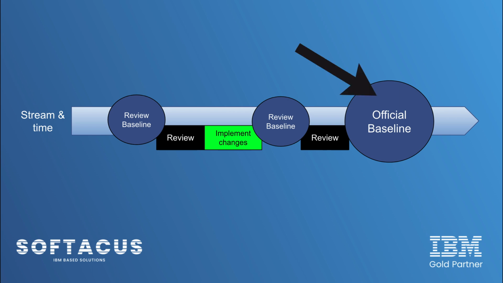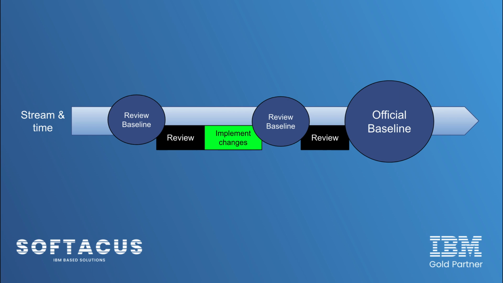And when I am talking about review baseline and official baseline, I'm talking about naming convention, because from a system perspective, this is the same kind of baseline. I would like to differentiate that you have a baseline that is needed for reviews, but there is still some work to be done. But in an official baseline, everything is perfect, everything is as agreed, and everything is excellent. So this is why I would like to differentiate between official baseline and a review baseline, and also from a less romantic perspective,